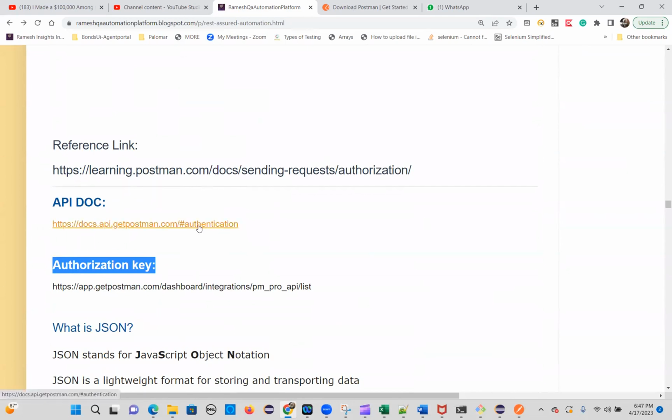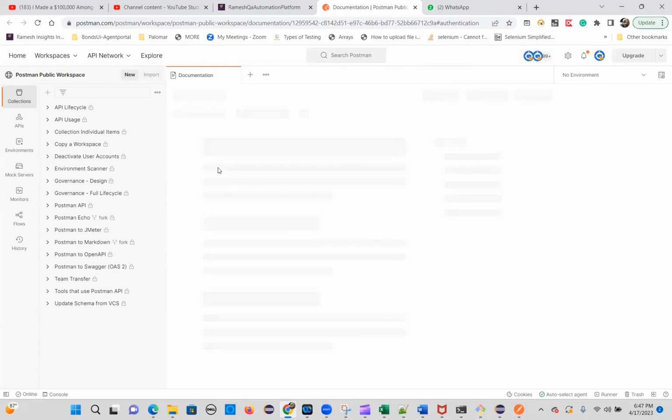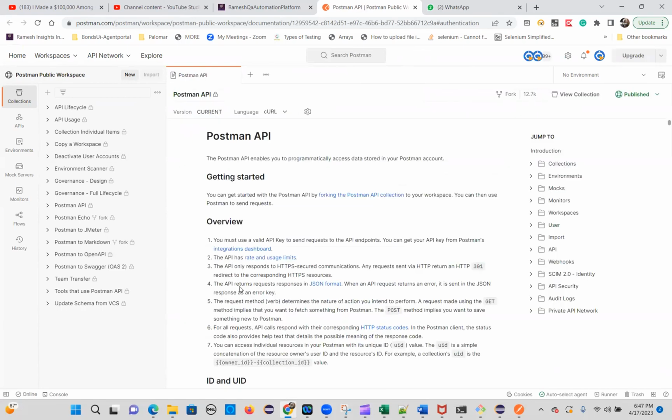So you open this in a new tab. It will list out the different collections that they have provided. For example, see this: jump to collections, environments, mocks, monitors, workspaces. So these are all the different APIs for our practice purpose. They have given the collection. Expand this bullet icon, you can see the